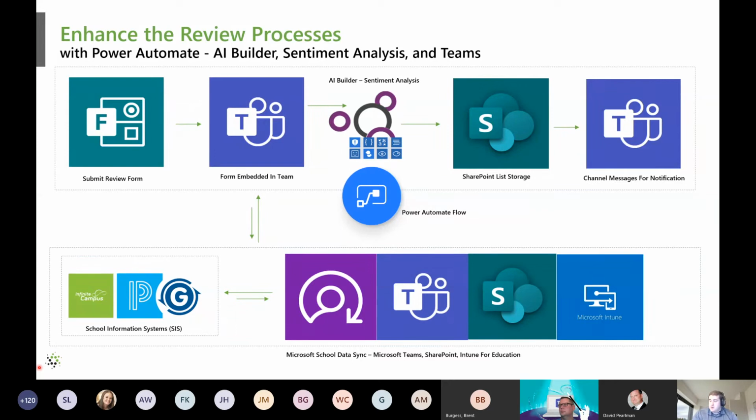But what we can also do is use something like AI Builder to feed that content through sentiment analysis. So you can get not only real direct feedback from the text, but you can get some insights from, okay, of the feedback that students are providing, what is the sentiment overall? And that can be generated not by a person, but based off the context of the reviews. And we can easily see, okay, based off of this, we know how a professor's performing. We can track trends on that professor's performance.